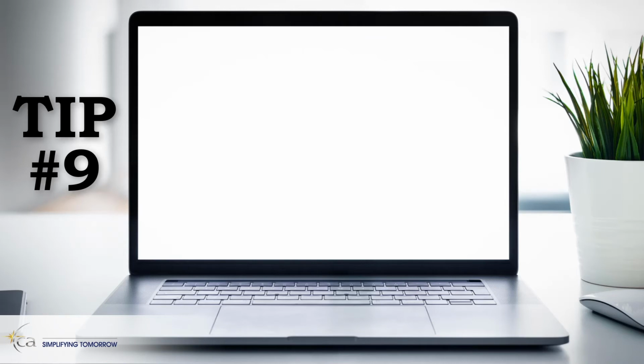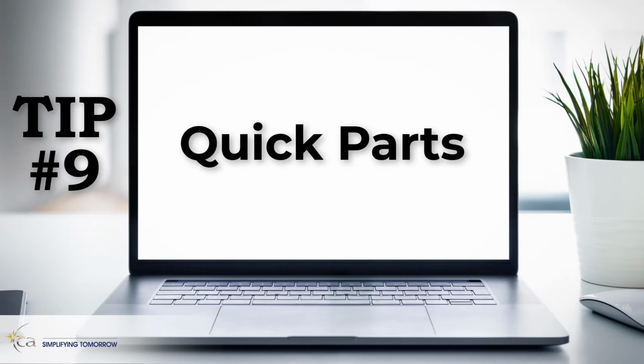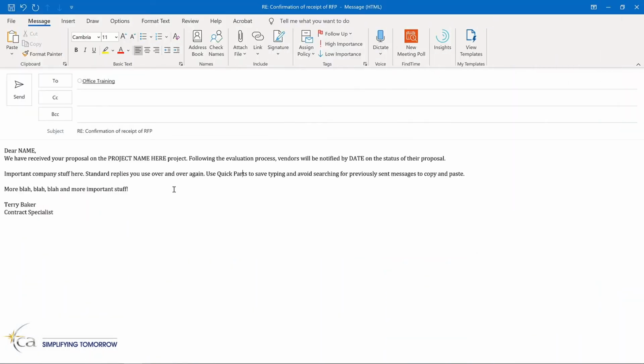Number 9, quick parts. Whether you are composing a new message or replying to an existing message, quick parts might be one of the most time-saving ways to easily build a message. In Outlook, use quick parts to store and reuse boilerplate text and content you want to use on an ongoing basis. These might include responses to requests for information, common replies, and other repetitive content like messages to committee or